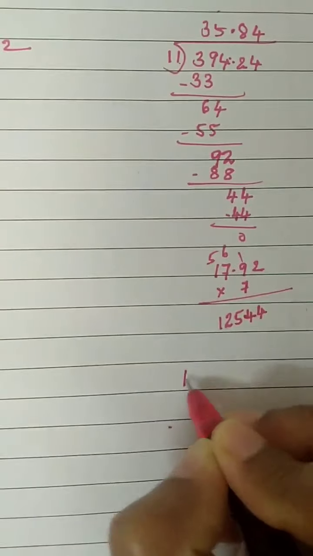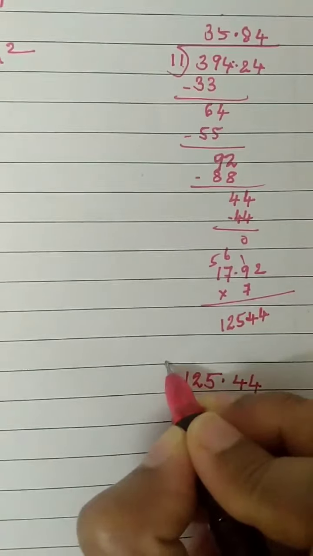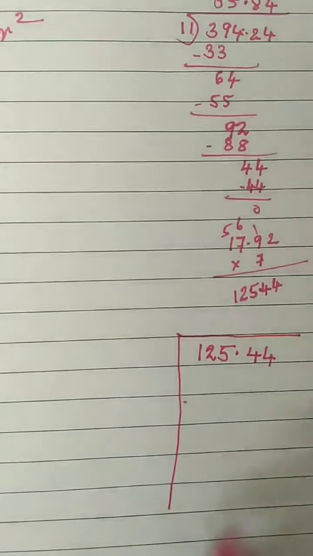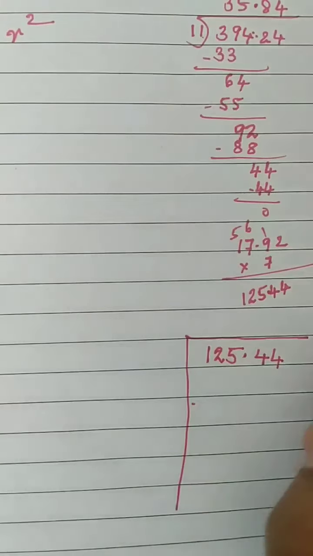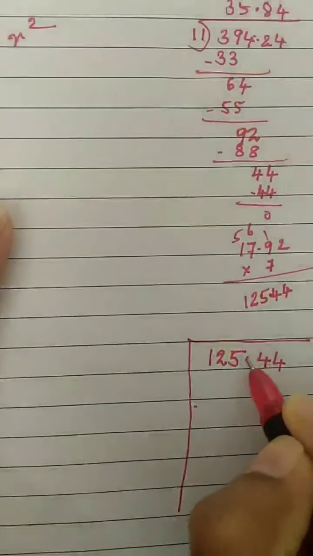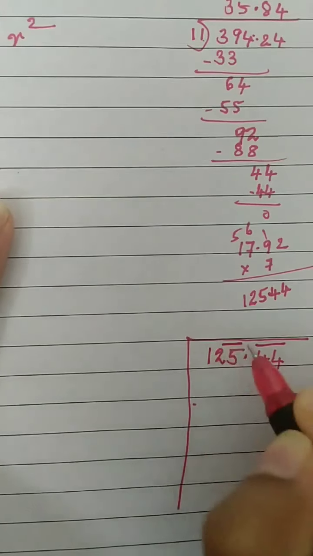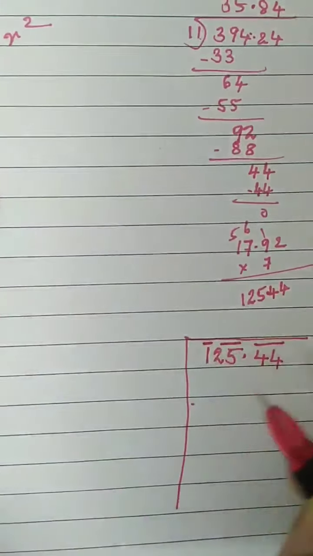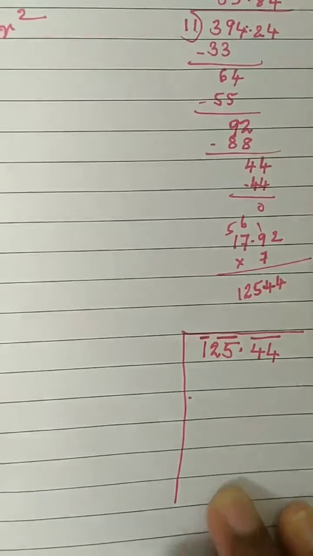Pay attention. So, I'll write 125.44 and I'll draw the division table. This is the table that you have to draw. Now, from the decimal point, you will go left and right, and two digits in one group we take. So, from the decimal point, go to right, these two will come in one group. Left, these two will be in the first group, and in this group, only one digit, that is 1.